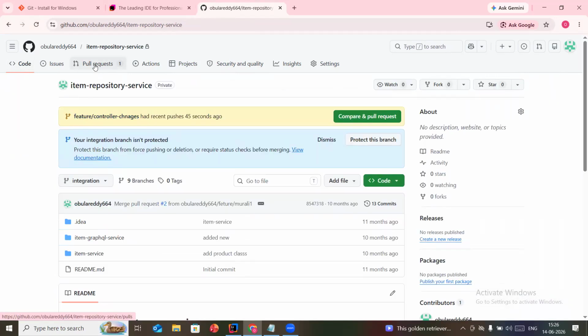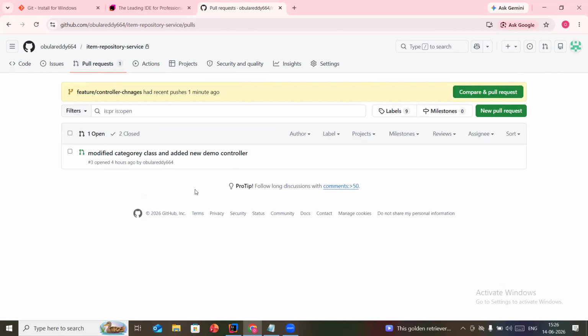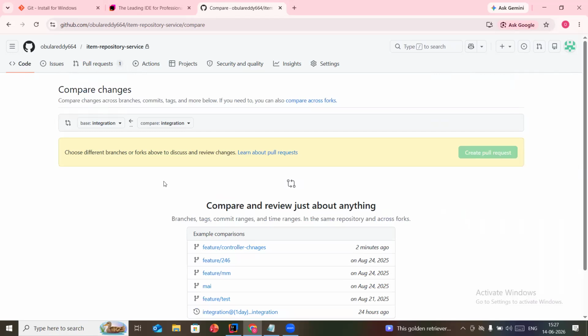okay, what you can do is your code changes have come. So now you can do a new pull request. Okay, you can click on this new pull request, and here the base branch is, in some of the applications we will have main or master. Okay, here in this repo it is given integration as a base branch, so that's why we select this